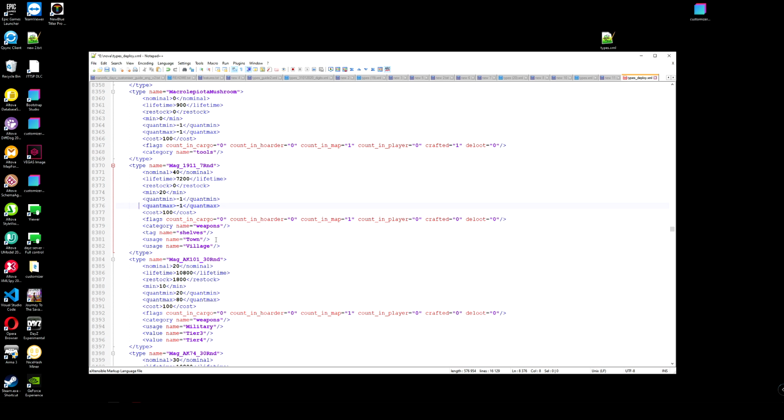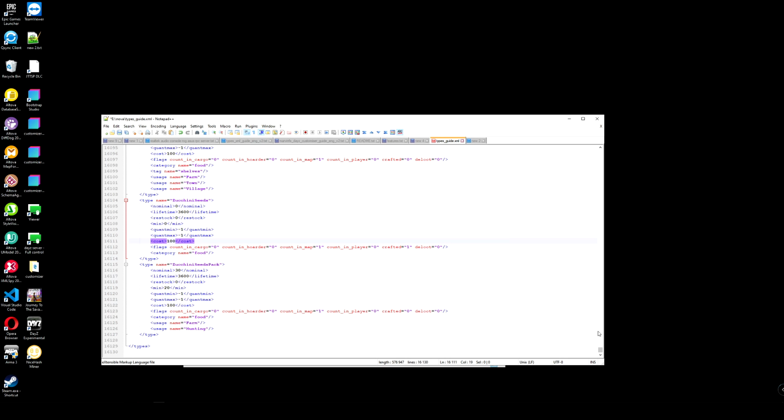It works only for this, and it could be also confusing. So just keep in mind that all normal items have -1 here, and only magazines and ammo stacks could have different values, which you prefer, whatever you like, but from 0 to 100% only. Okay, so this is a tricky one. That's why I decided to make my own web service to help you out. But about this a little bit later.